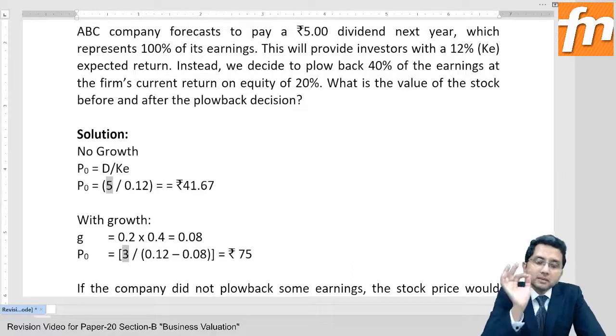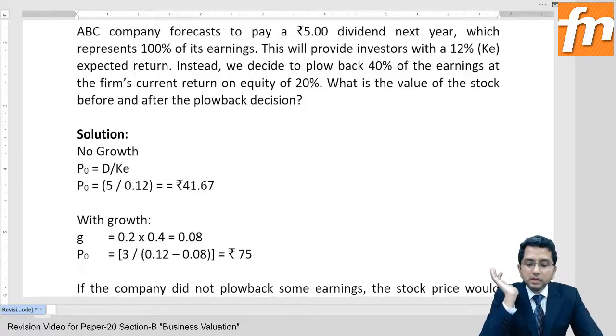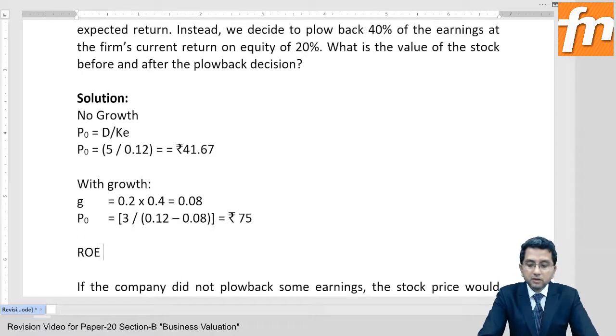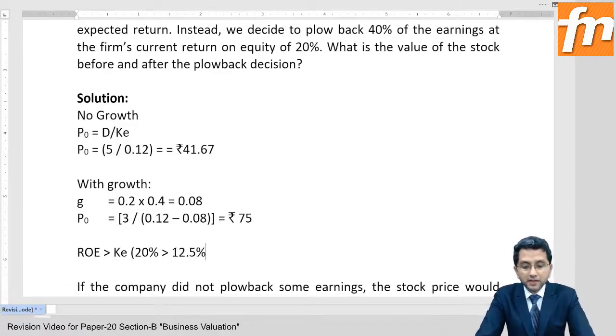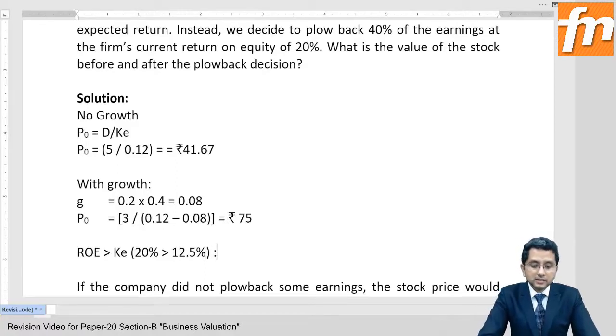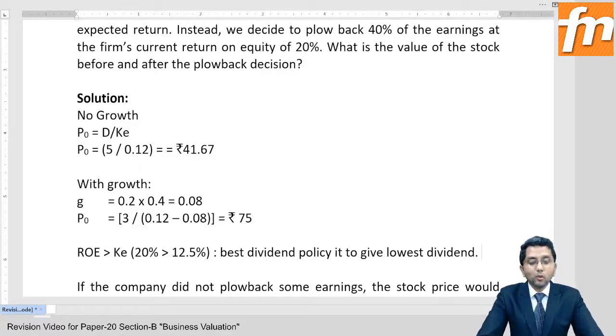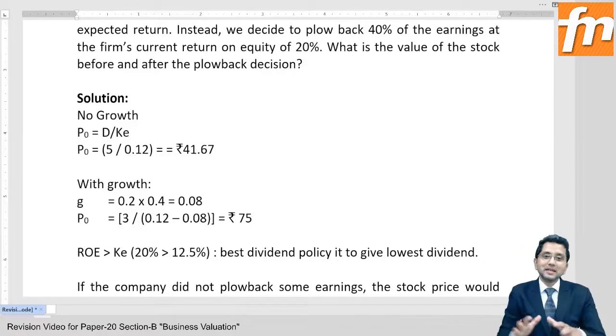I'll tell you one very simple funda over here. Nobody will tell you this. If your return on equity is more than your cost of equity, which is the case here, return on equity is 20% and cost of equity is just 12.5%. In this case, the best dividend policy is to give lowest dividend. Why is it so, sir? See,